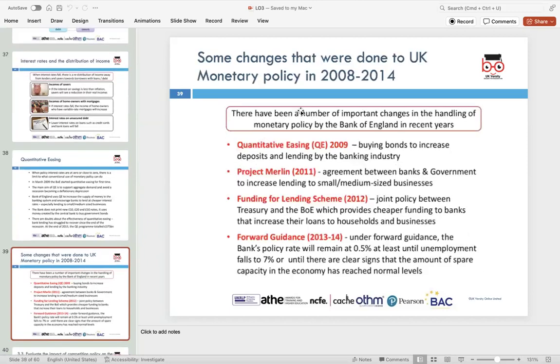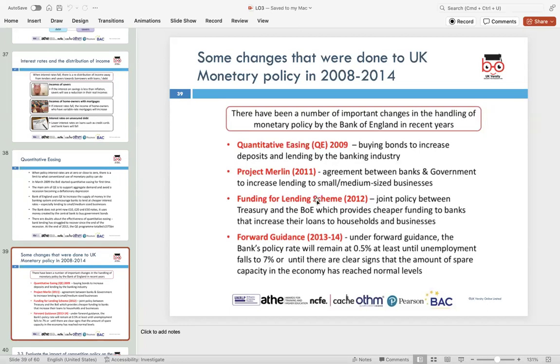Some changes were made to UK monetary policy between 2008 and 2014. QE in 2009: buying bonds to increase deposits and lending by the banking industry. Project Merlin, 2011: an agreement between banks and the government to expand lending to small and medium-sized businesses was made in 2011 under the Project Merlin